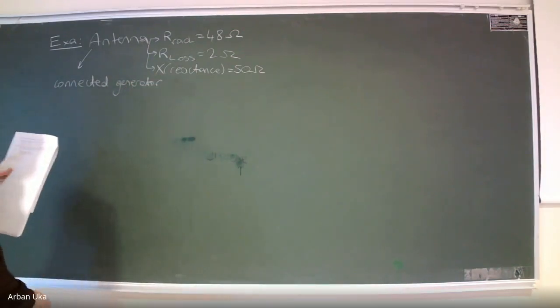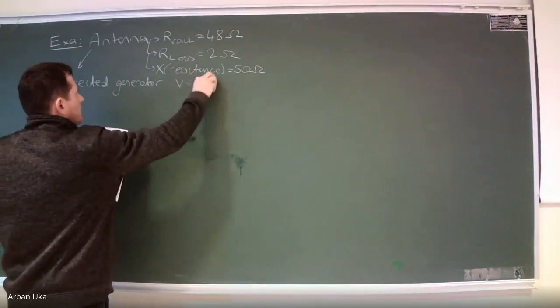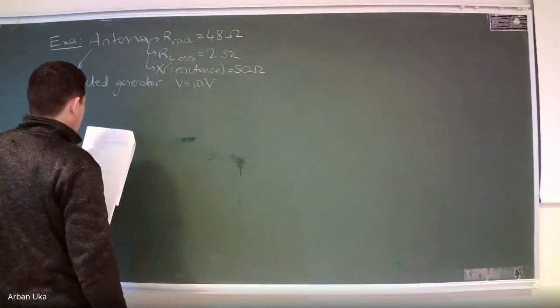So this antenna is connected to a generator which has a voltage equal to 10 volts, and the